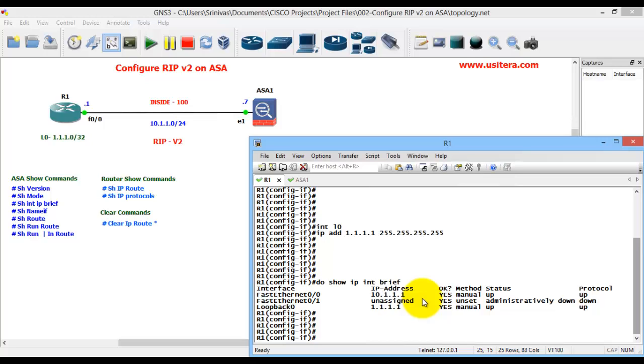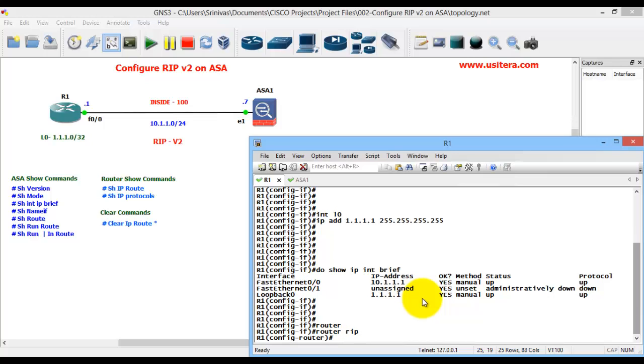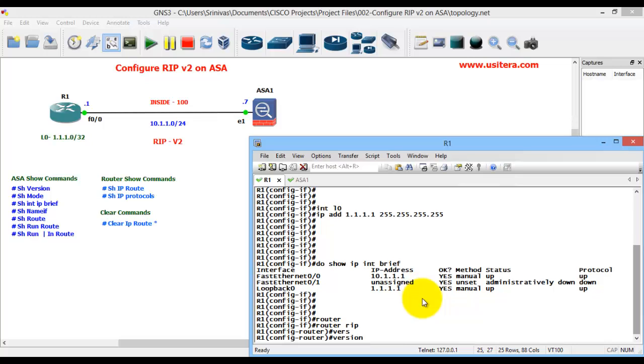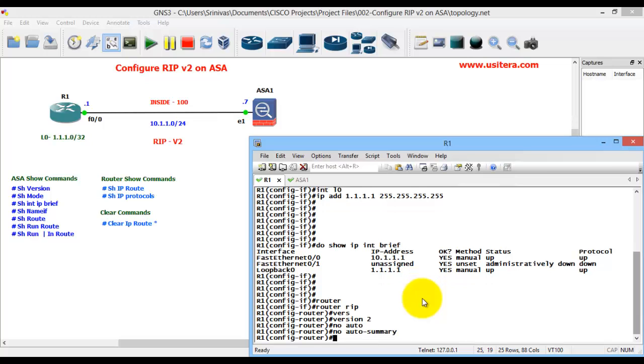Go to global configuration mode, enter router RIP and version 2. Next, no auto-summary. Next, we have two networks: one is my 10 network and the second is the 1 network.